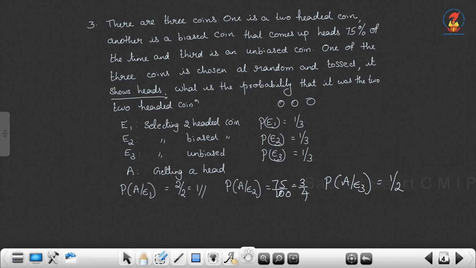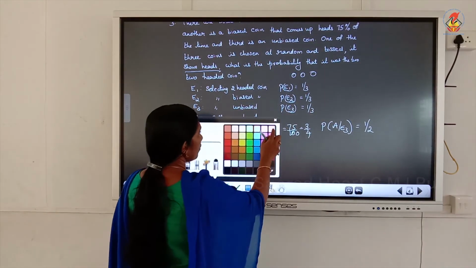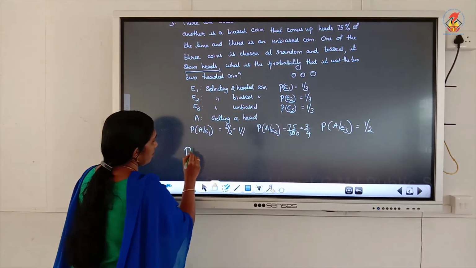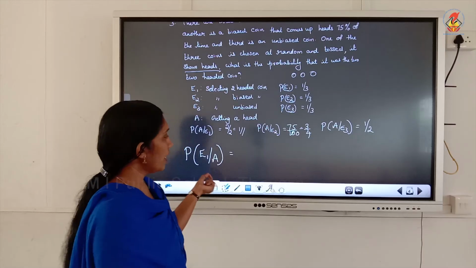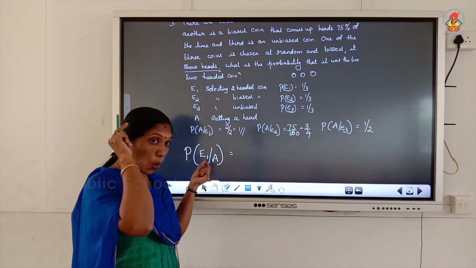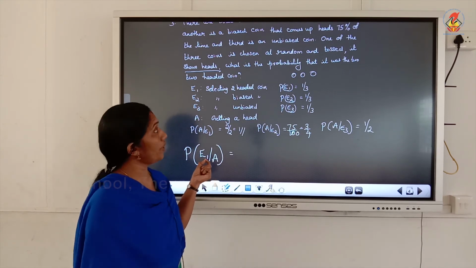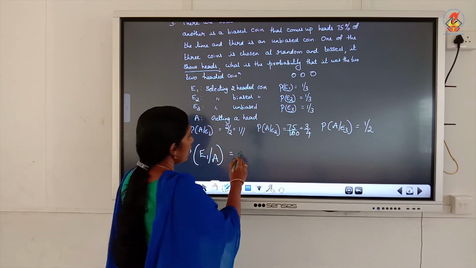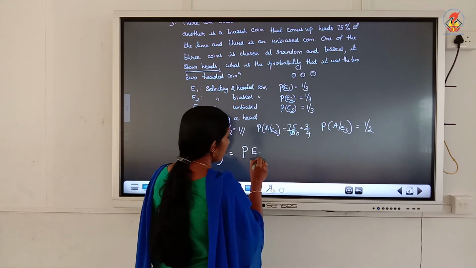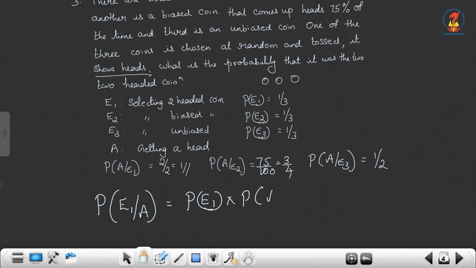Now what do we have to find? We have to find E1 given A, isn't it? A means the coin shows heads, that we know. We have to find the probability that the coin was a two-headed coin. Okay, so E1 given A. Now write the formula: P of E1 into P of A given E1